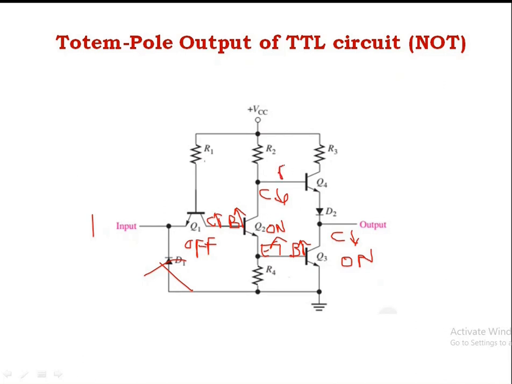And we'll come back to T4. The base is low, so Q4 is off. If Q4 is off, diode D1 will not conduct because the emitter is low. Low voltage, it will not conduct, so D2 is off. Collector low voltage means you will get the output as low. So low output we take it as